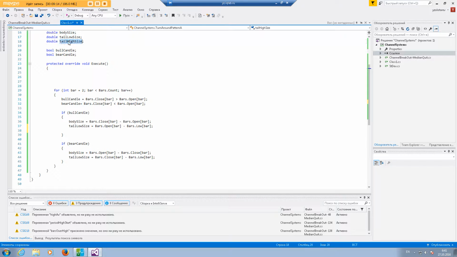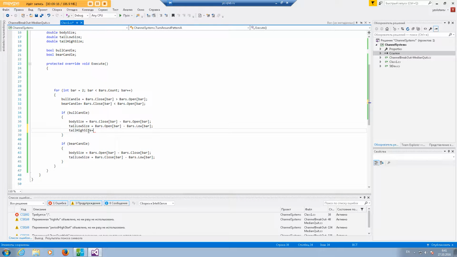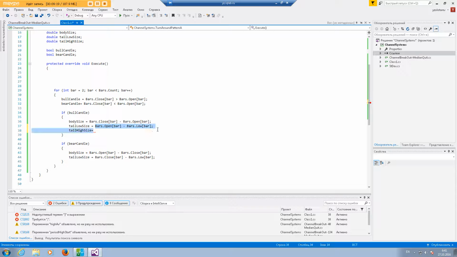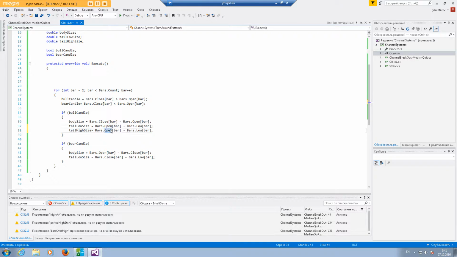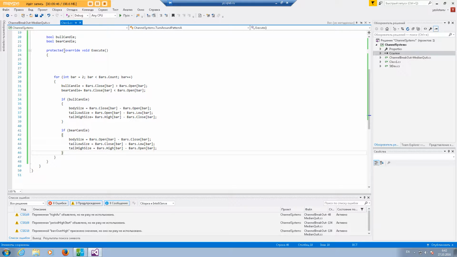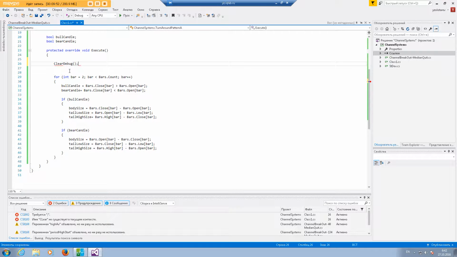Okay, and now the tail high size is the other way around. Let me just copy this. We're going to have the high subtracting the close, and for a bear candle, we're going to have the high subtracting the open. Alright, so we have figured out our candle parameters for right now. We have quite a lot already, and let me just clear the debug window and plot